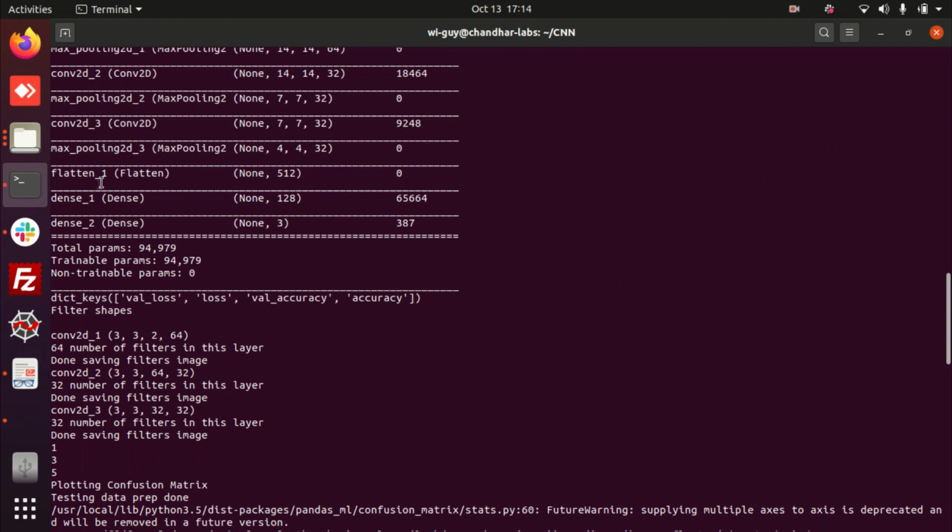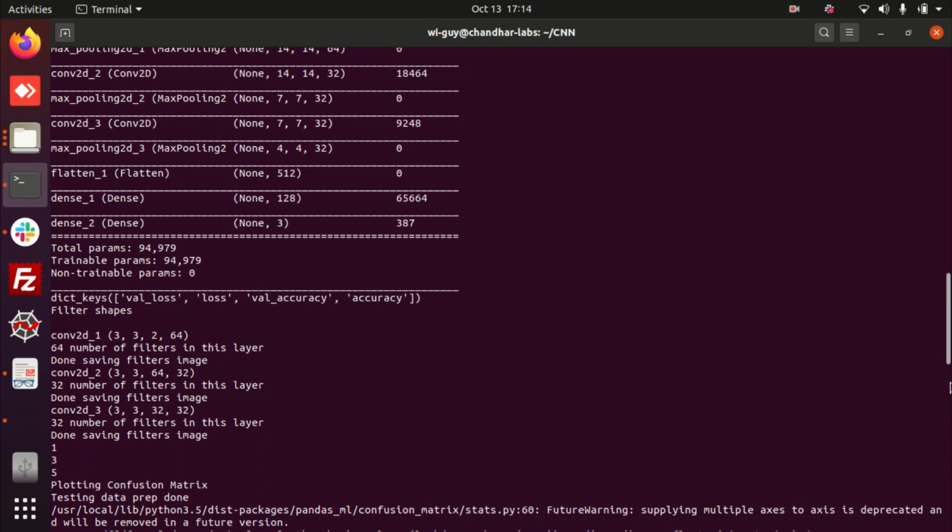Then I am applying my dense layer. It has been reduced to 128 from 128. Now I am classifying my signals into 3, that is, I have given only LTE, GSM, and WFM. If I give more classes, the classes will increase. So all the parameters have been trained. For each stage I have given the filters, and from the filters I am creating my feature maps, so I have to save all those feature maps.